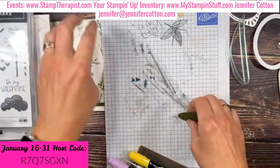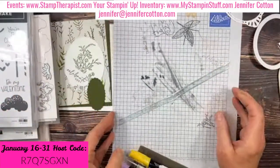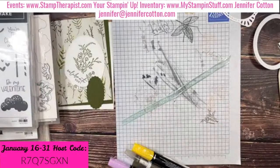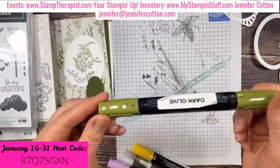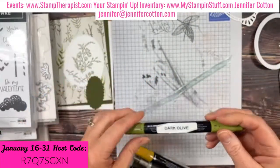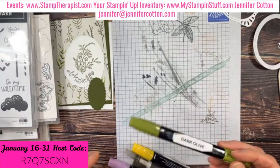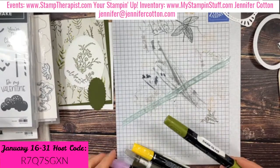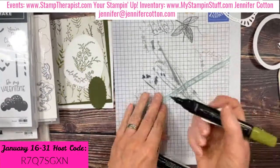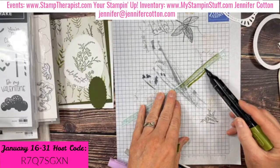Oh, and then I'm going to leave my scratch paper here because this ribbon is Soft Succulent. This paper is Mossy Meadow and the ink is Old Olive. So I'm going to use my Old Olive Dark Stampin' Blend and make this ribbon match this better. We do have a Mossy Meadow blend, but because I stamped in Old Olive ink, I used Old Olive. So use the brush tip. Lay this down flat, basically, against your